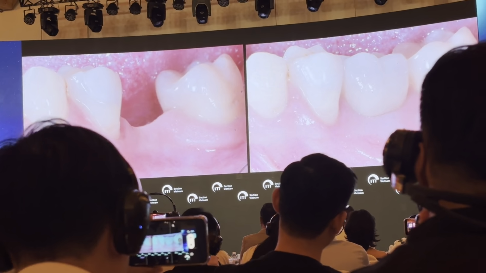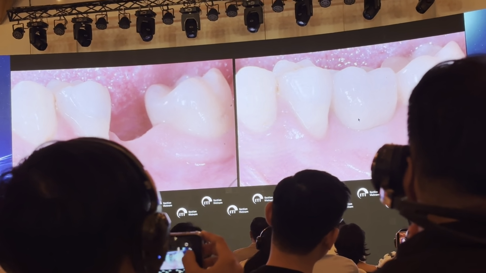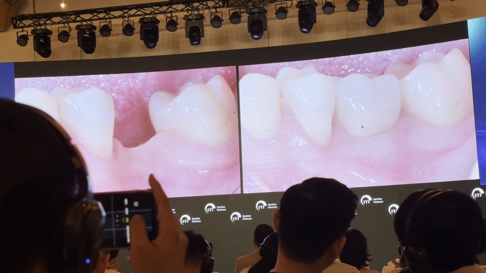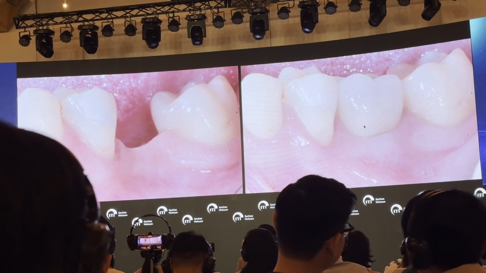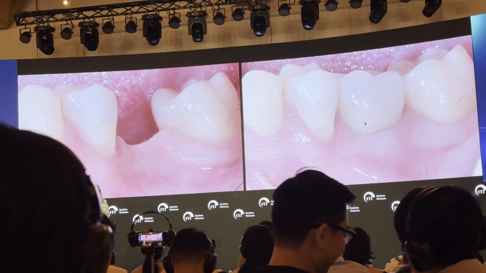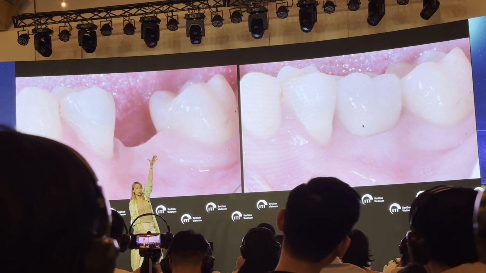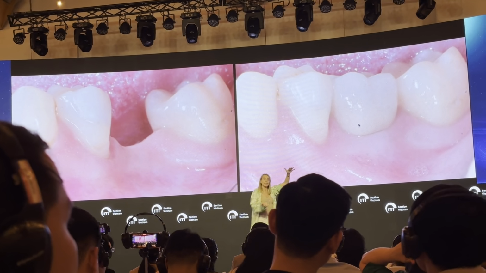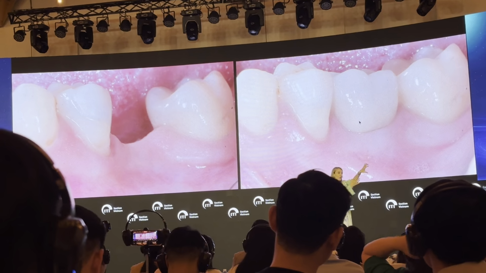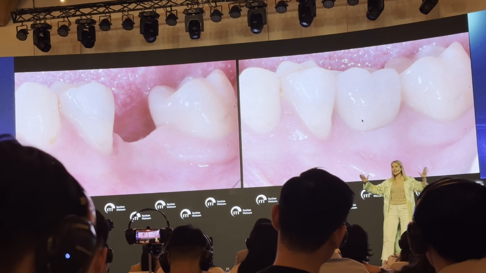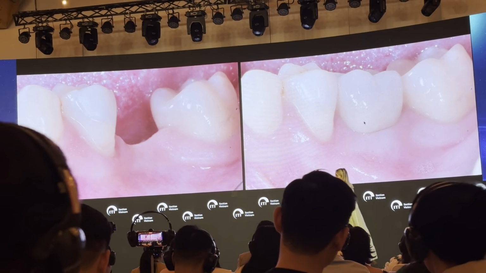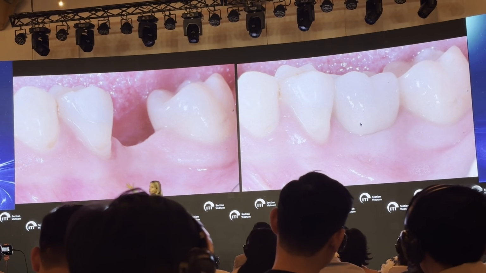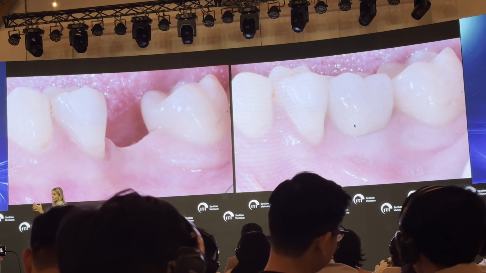ending up with an increase in the supracrestal soft tissue that allowed us to obtain, in this case, a completely different situation from an aesthetic point of view with respect to the first case I showed you, the one in which the crown was longer than the adjacent teeth. And in the first case, the choice was pre-gingival graft because there was no keratinized tissue at all. Here, since we had some keratinized tissue, we had the possibility to increase the soft tissue thickness,